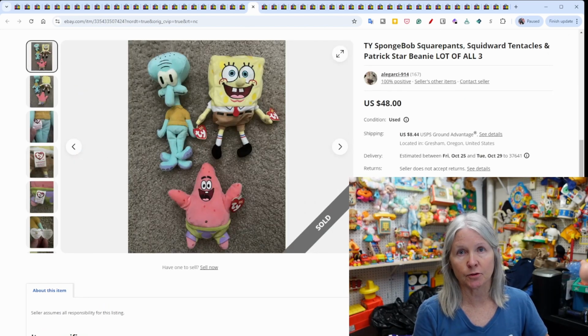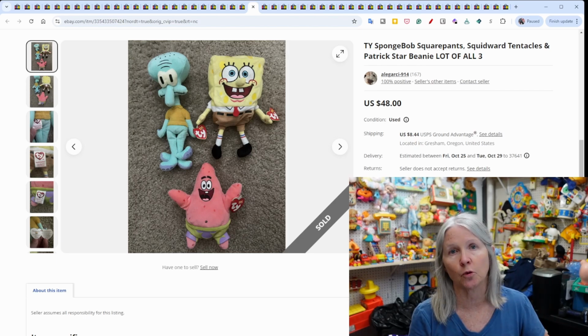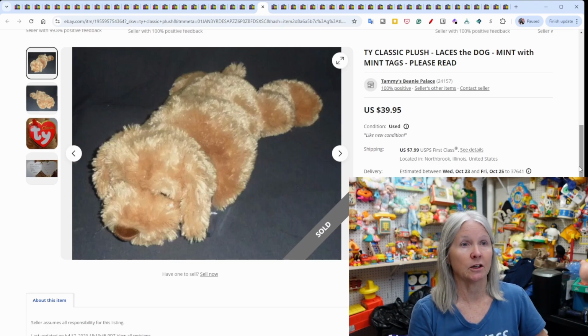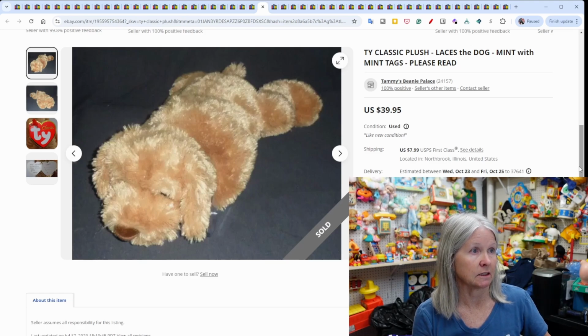This is a 3-set of SpongeBob SquarePants, Squidward, and Patrick, and it sold for $48. If you find them at a yard sale and they're not very much, I'd go ahead and pick up the 3 of them. This is Laces the dog, and it sold for